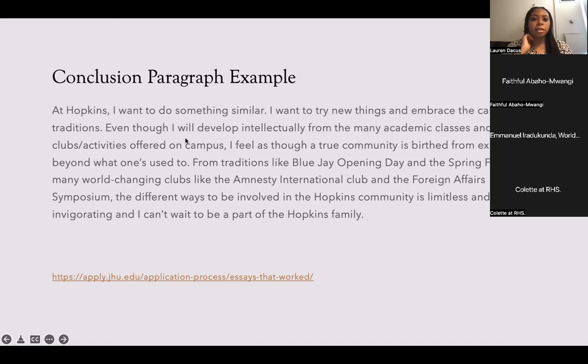Thank you for reading that out loud. So this conclusion paragraph uses one way to conclude the final essay. This author, the student, ties their experience back to what they would like to do at Johns Hopkins, the university that they are applying to. And so you're able to take your own conclusion paragraph and conclude and wrap up everything that you wanted to say in your essay, just as this student did here.